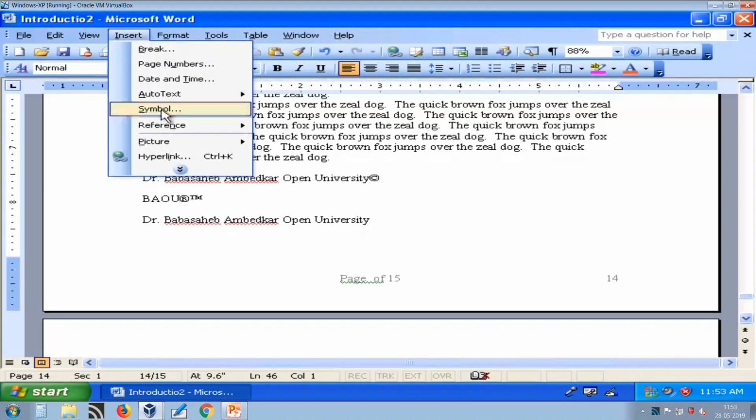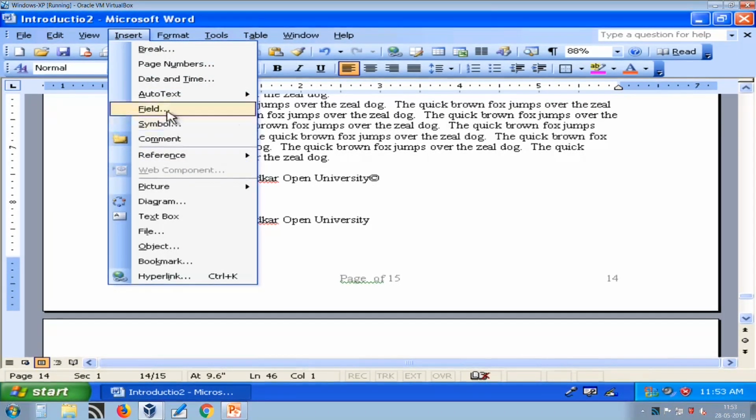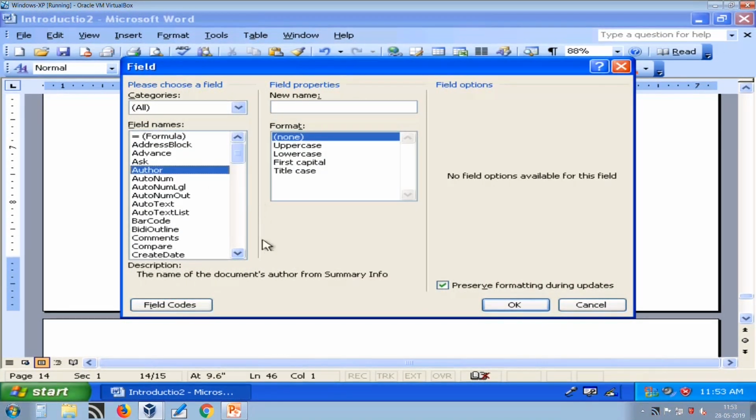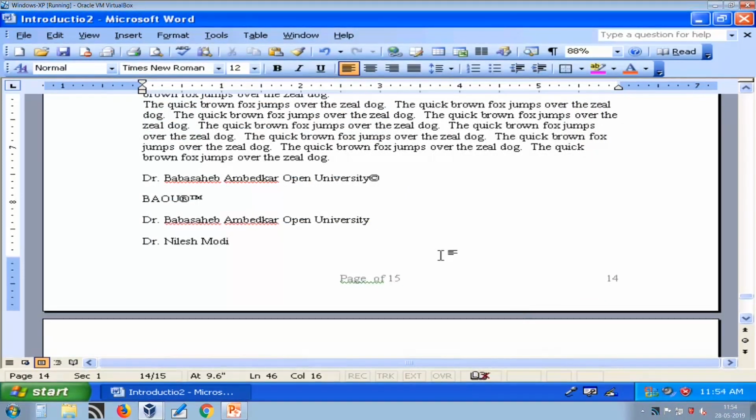Now I want to insert a field. So what is a field? A field is a predefined tag. For example, I want to use the author name. So inside author, I want to type some text.